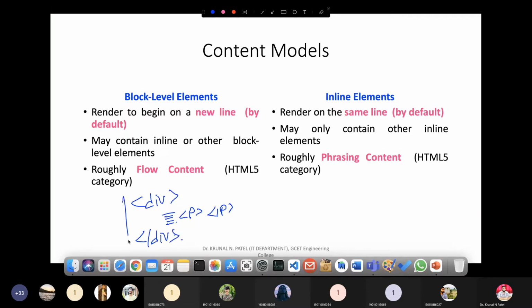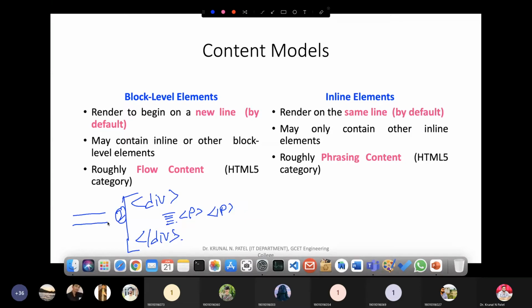So whenever I put a division tag, division is a block level element, so it always begins with a new line, right? Suppose this particular code will display output in this line. Suppose I go for a second division, the same division, then it will start output from this line, right? So always it begins with a new line.